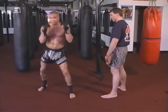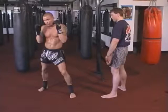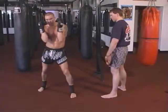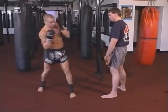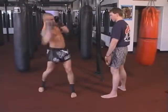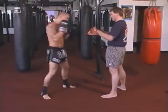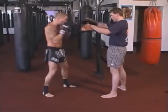Lead in with the left hip. Make sure you don't pivot your foot, and come up. Right uppercut. Again, keep your elbows in, keep your head protected. On the focus mitts, if I go left uppercut, right uppercut,